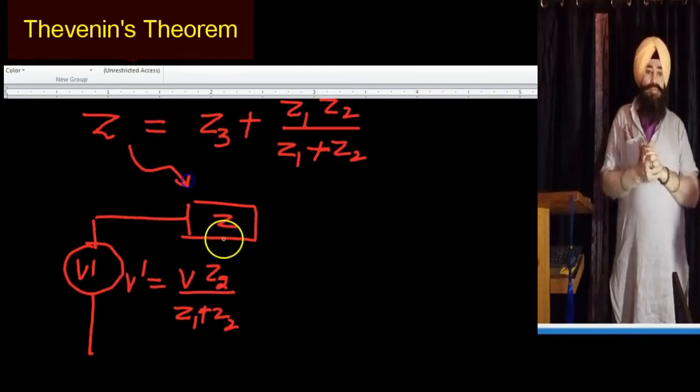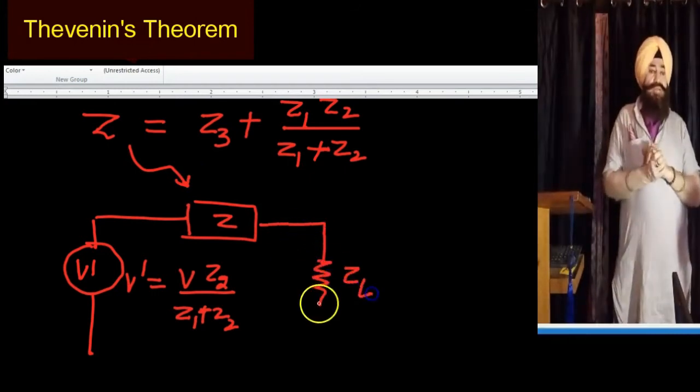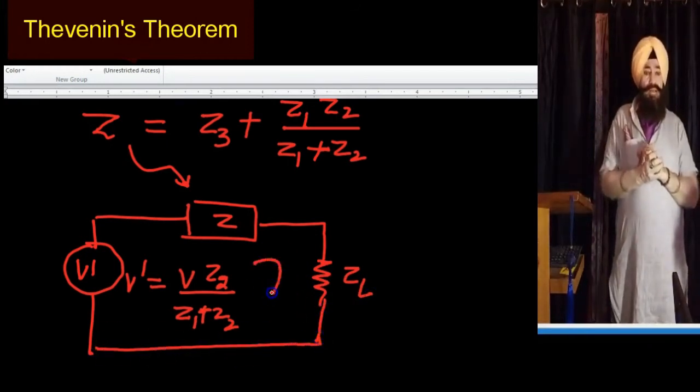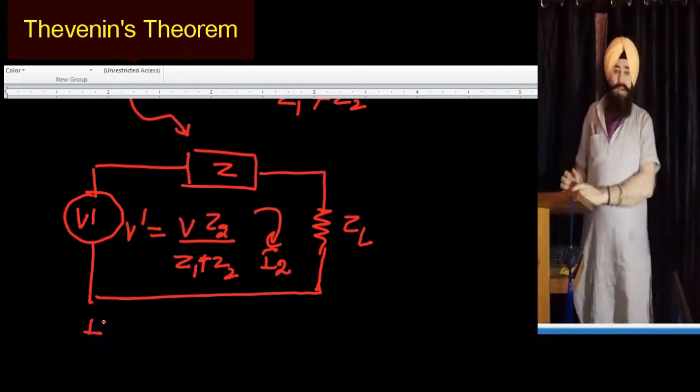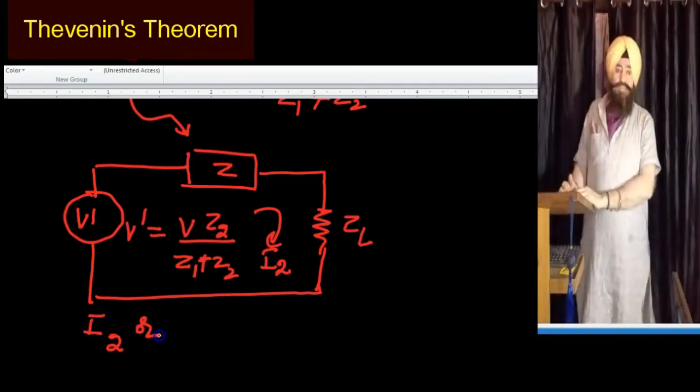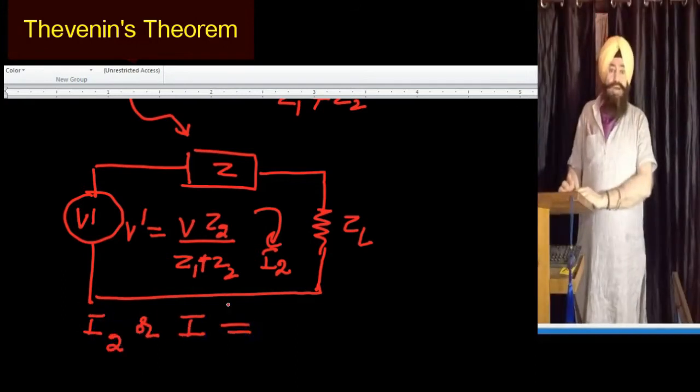This is the value for Z. Now then, here we have the ZL. Now the current flowing I2 I already calculated. I2, you may call it I now. I is equal to